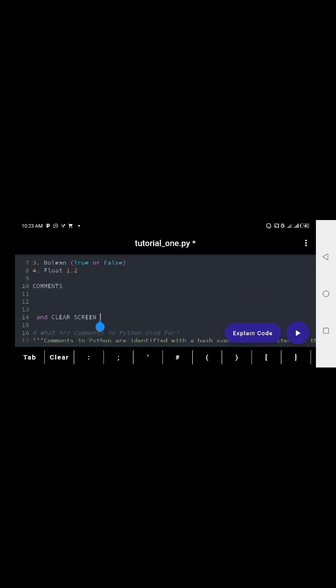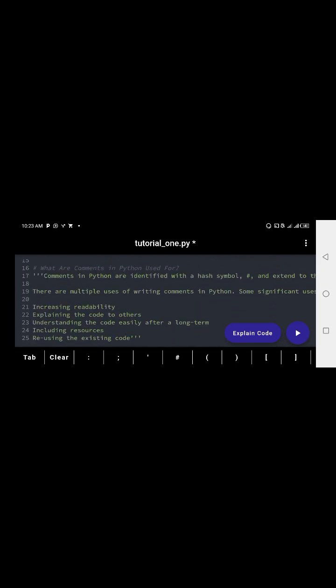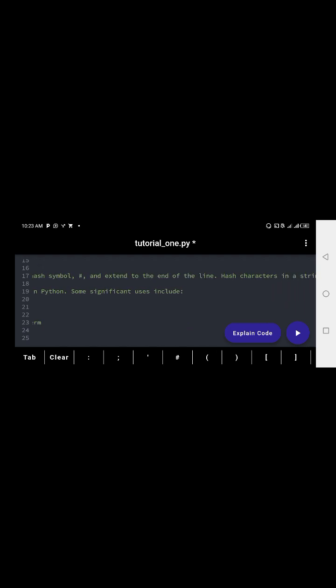A comment extends to the end of the line. Hash characters in strings are not considered comments. However, there are three ways to write a comment. You can write it as a separate line, or beside the corresponding statement of code, or as a multi-line block comment. Okay,